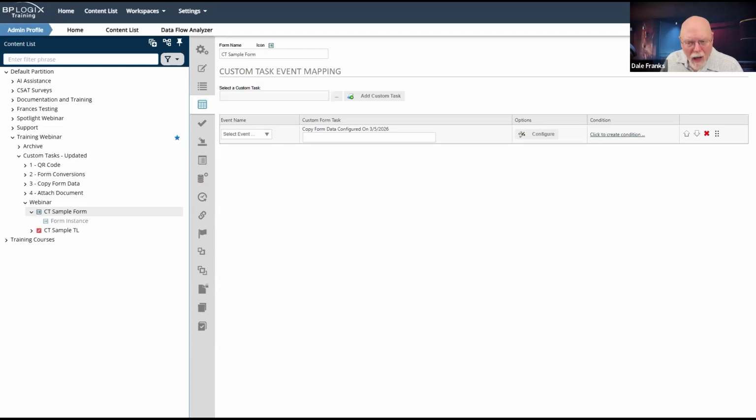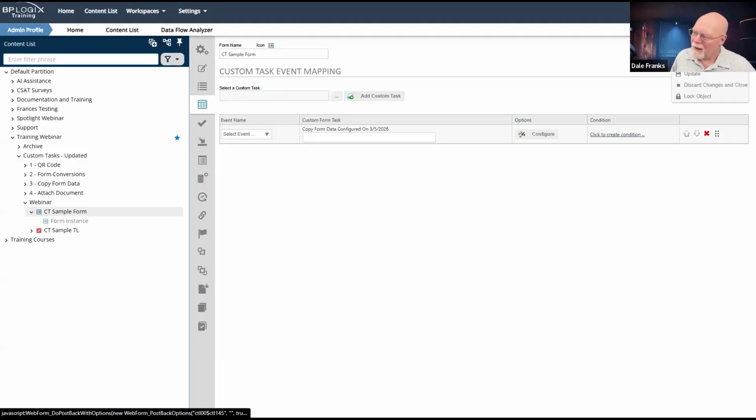So it's not uncommon to see copy form data used in that context. I would argue in most cases it doesn't need to be used in that context, but because form field synchronization exists. So let's take a look at form field synchronization and copy form data.